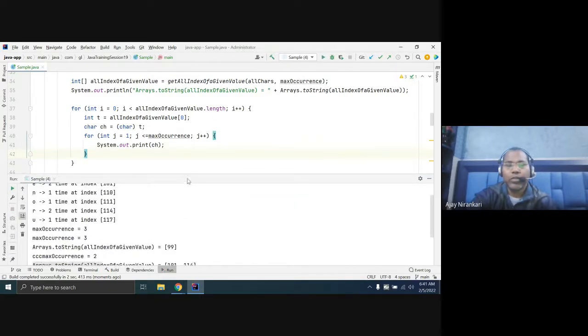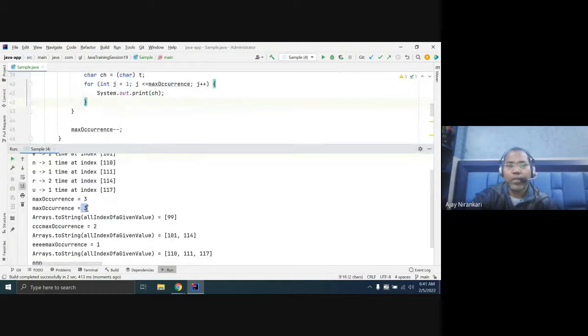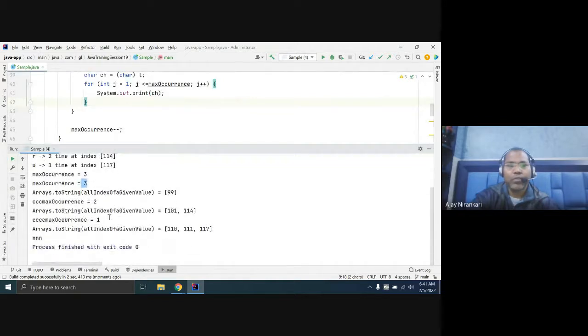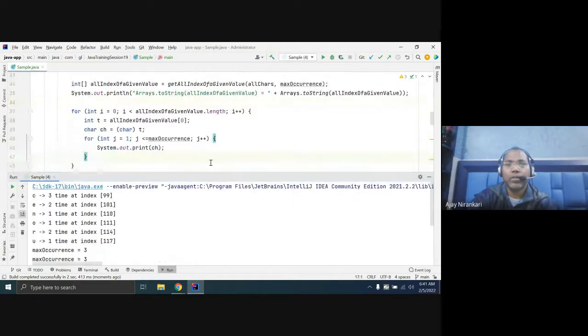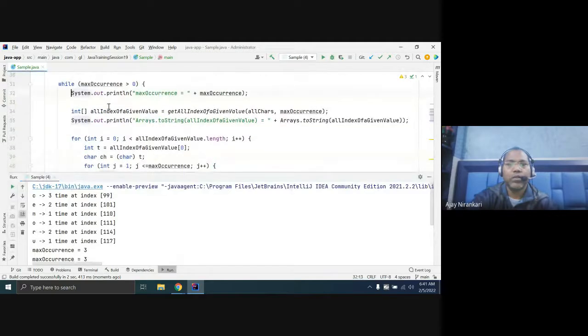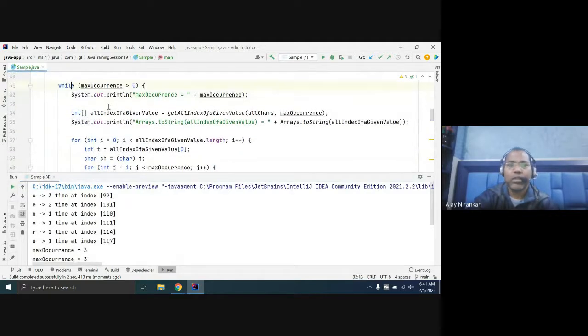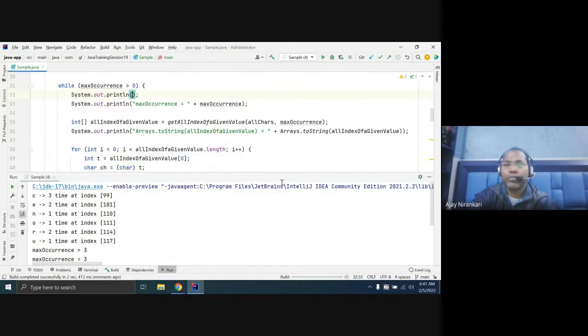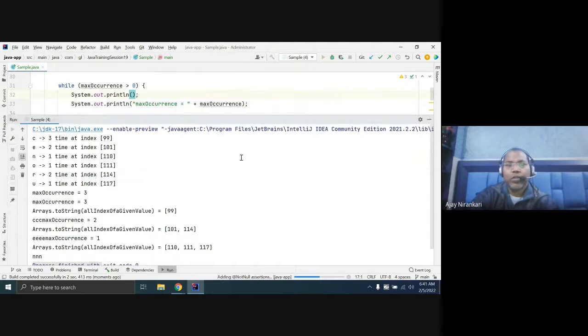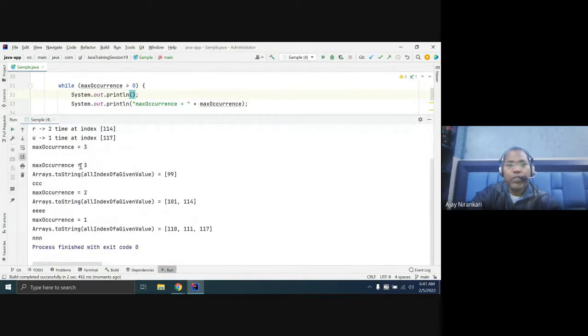So you notice here we are printing 3 times C, right? Let's just remove this one, or just make a blank S out. So what you notice here is we have 3 occurrences. You are getting this array, and this is the 3 time loop. We are printing C, C, C 3 times,